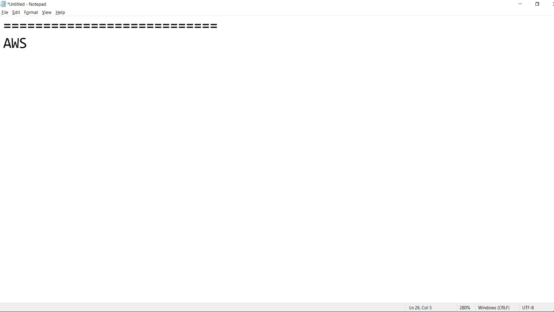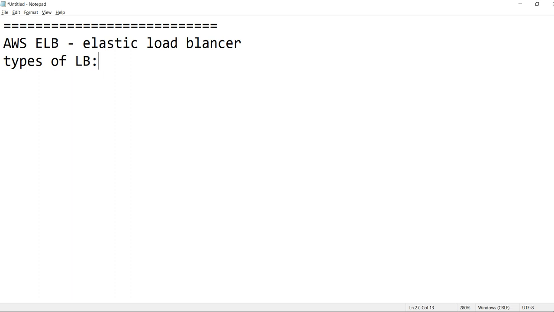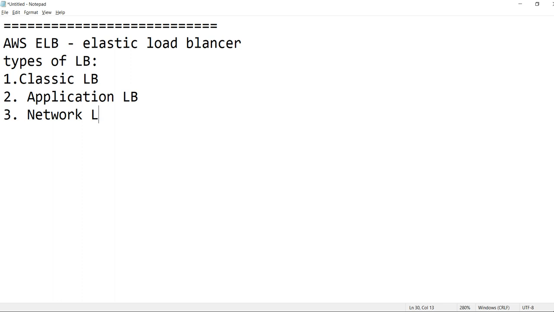So AWS ELB, elastic load balancing. Types of load balancer. We have four types. The first one is classic load balancer, the second one is application load balancer, the third one is network load balancer, and the fourth one is gateway load balancer.